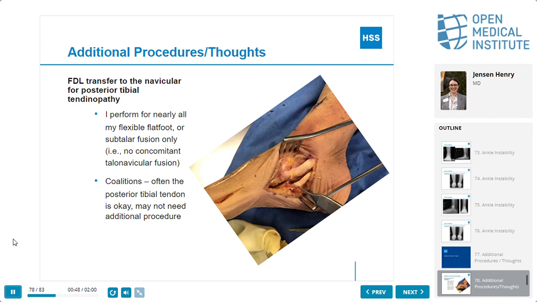Yeah? Okay, but regarding this tarsal coalition, if you correct that and you correct the abduction, doesn't the posterior tibial tendon slack after the procedure? Well, that's a good question. You know, I would say that for someone,